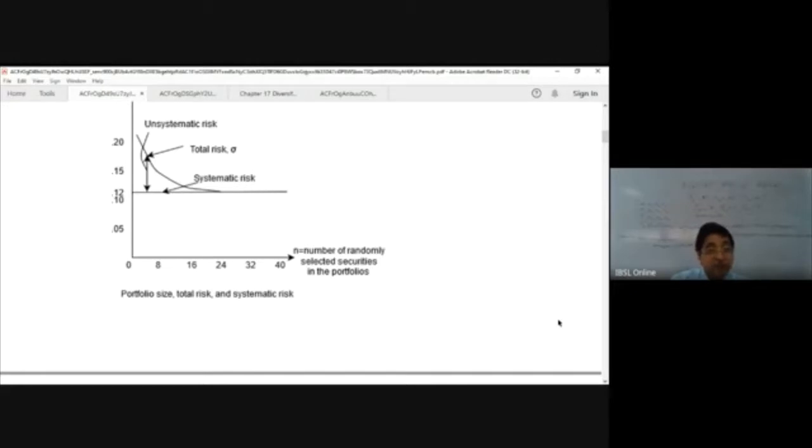If you add an asset to the particular asset group such that the correlation coefficient is minus,